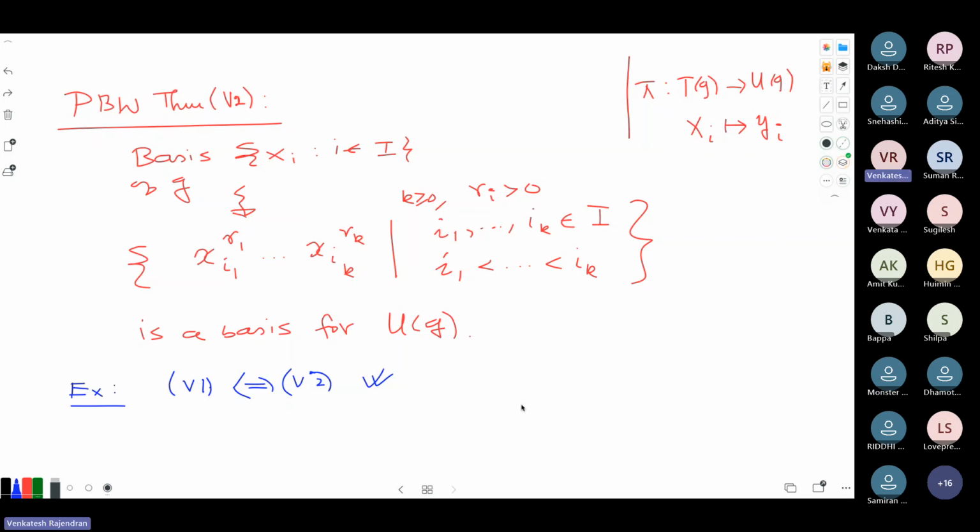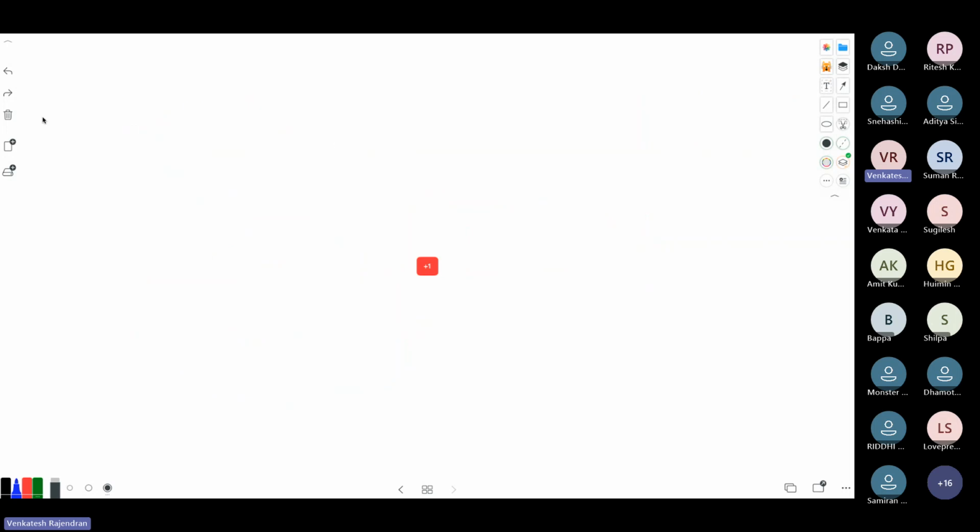Okay, so let's first see some consequences of this theorem, and then later we will focus on version 2 and then try to prove that. So now there is no big difference between version 1 and 2, but the ideas that you see in Carter and Humphreys differ a little bit. Okay, so I will tell you when I introduce that